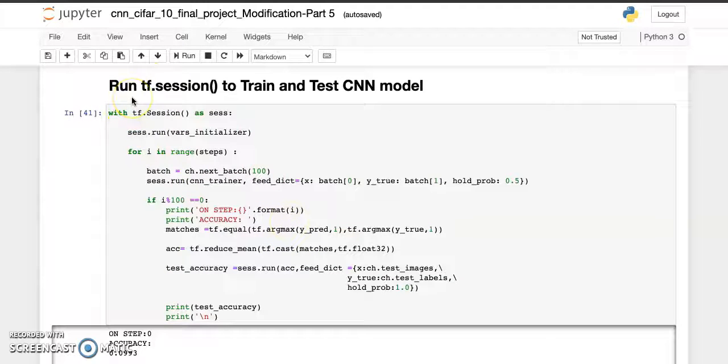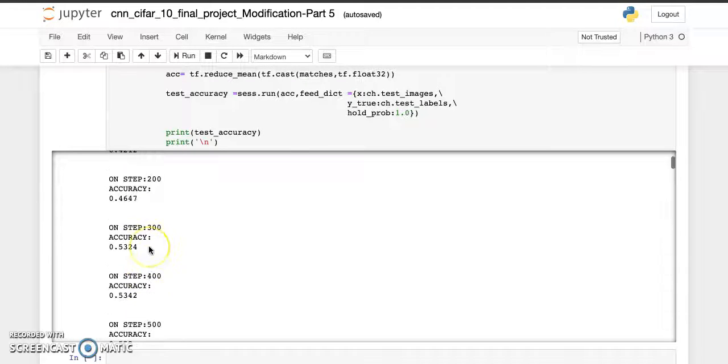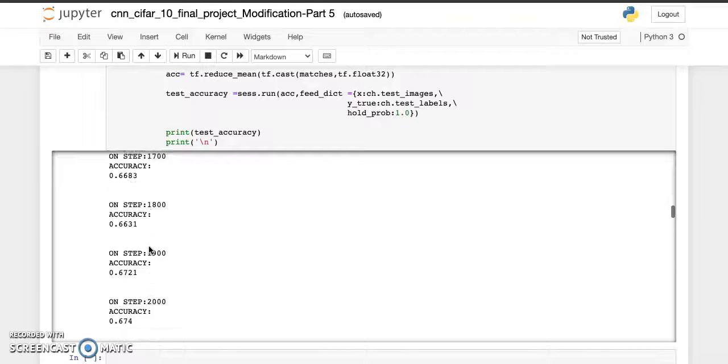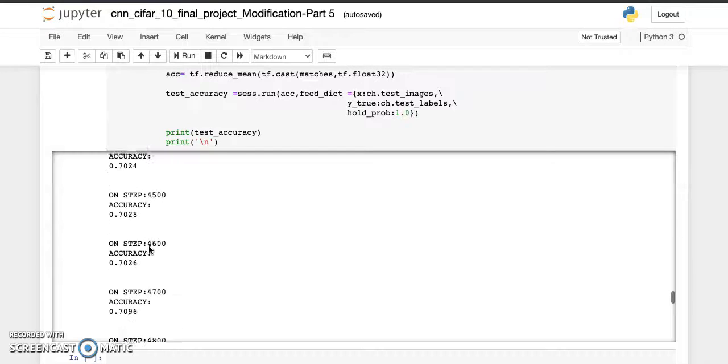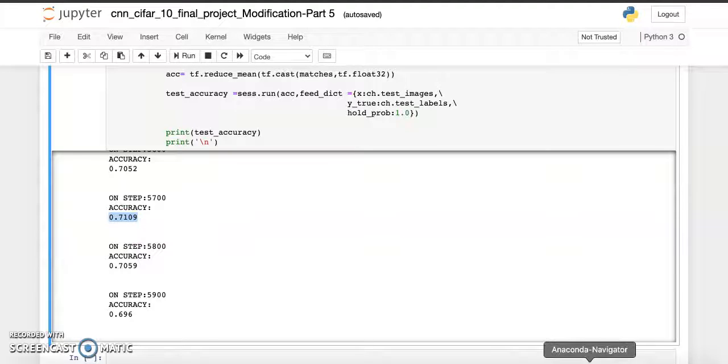I used the tf.Session run to train and test the CNN model. It started with very low accuracy, 9%, 1%, 42%, and when we went to the end, this is my second iteration, overall my percentage was 71.09, around 71%.